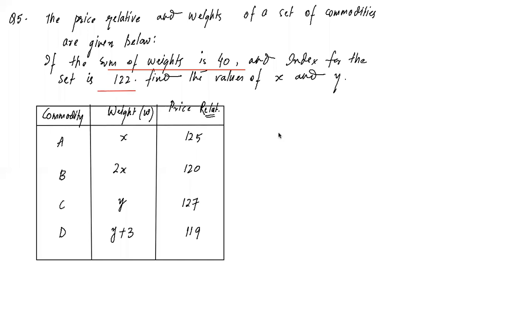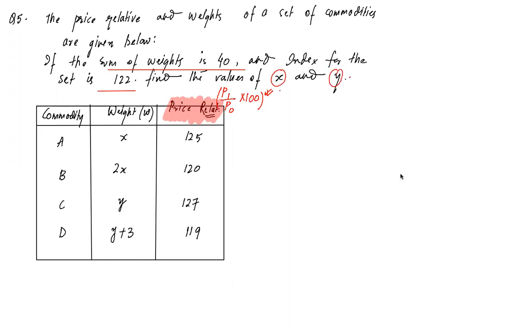और ये जो हम देख पा रहे हैं, this data particularly price relative, इसका मतलब क्या है? They have given us the value of P1 divided by P0 multiplied by 100. This is known as price relative. तो उन्होंने इसका वैल्यू हमें दे दिया है. हमें ये x and y का अननोन, जो अननोन वैल्यू x and y है, उसको कैलकुलेट करना है.